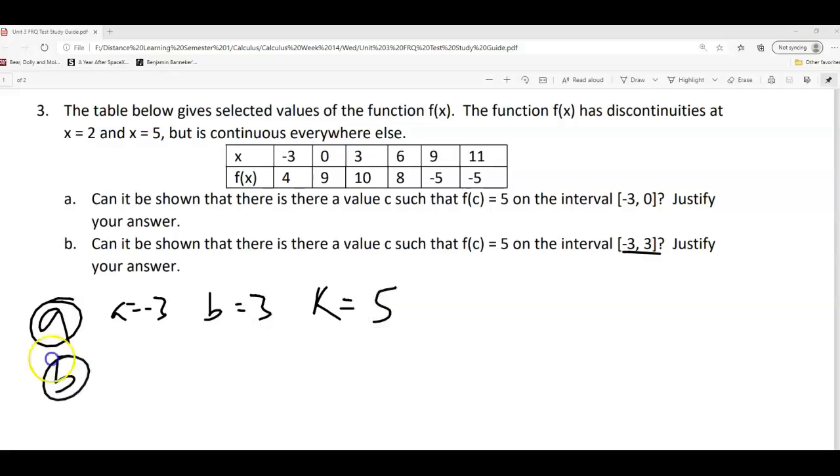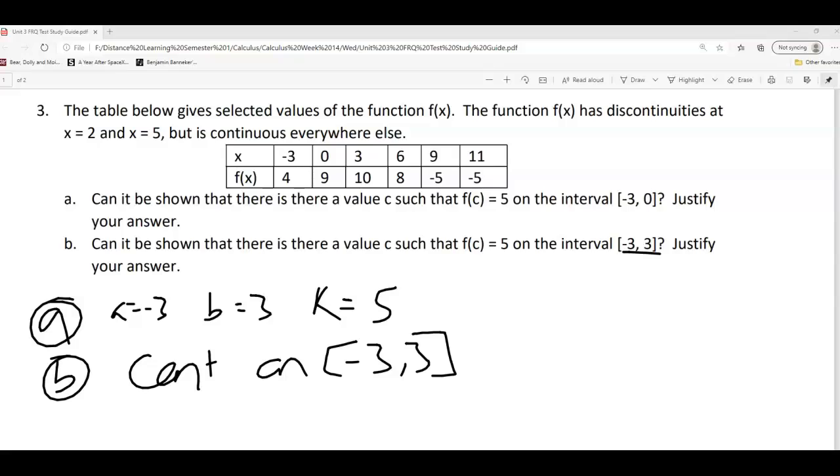For part B, is it continuous on the interval? In this case, and sorry about my nasty handwriting here, guys. I'm doing this one from home, and when I can't write on my fancy little whiteboard I got in my class, I'm just using my finger on my screen, so it looks kind of ugly. But anyway,